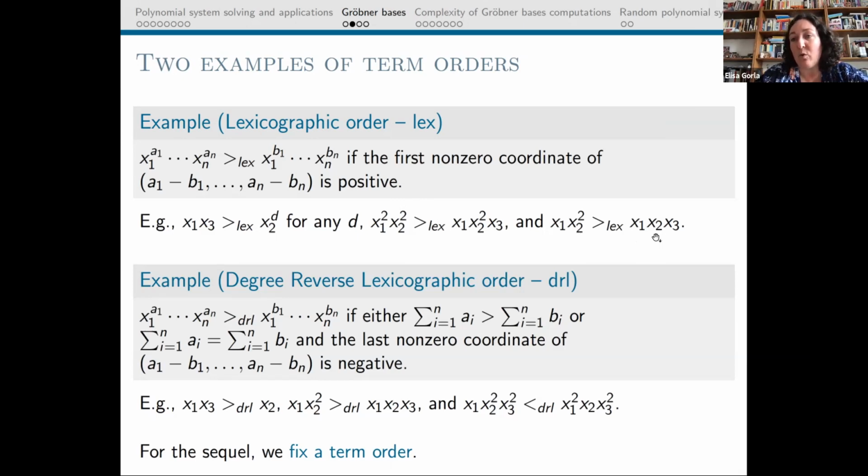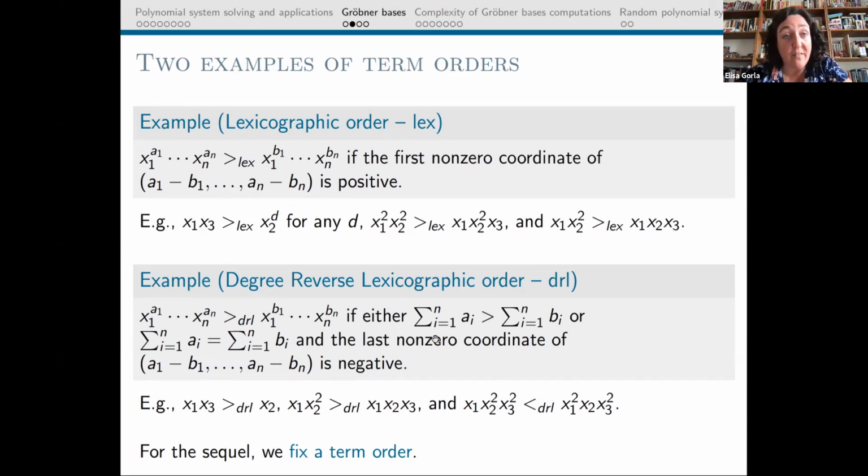Or for example, if I want to compare these two, I look at x1, and they are both multiplied by x1, so they tie in a sense, right? And now I go look at x2, this has a bigger power of x2, and so this one will be the biggest. So this is one order, which is called lexicographic. And then there is another order, and these are the two that will interest me for this talk, which is